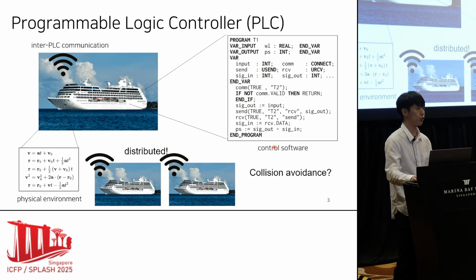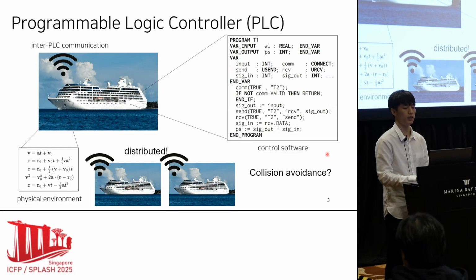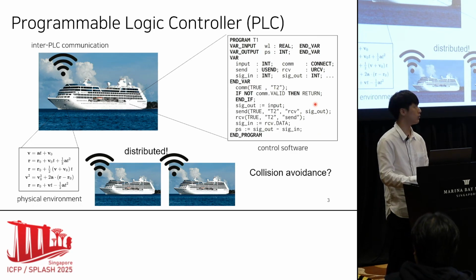Let's take a ship controller as an example. Imagine there are multiple ships navigating in the ocean. Through screws, keys, and sensors, they interact with the physical environment like this. They also communicate with each other so that they do not collide. All these processes are administered by this control software. And we want to know if the ships are going to collide or not, or if the ships can reach